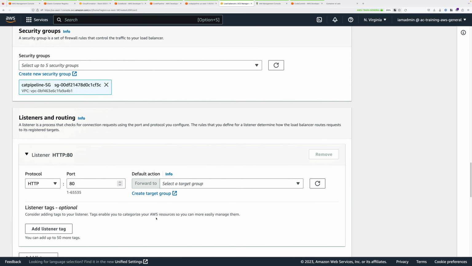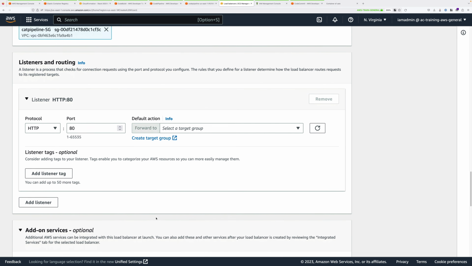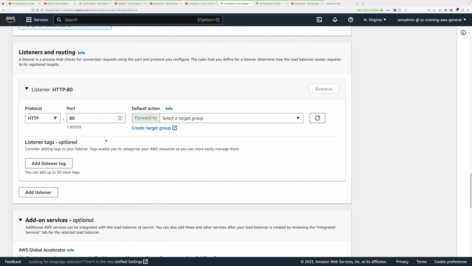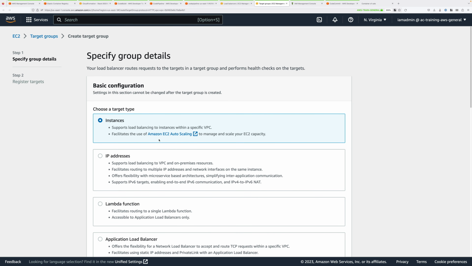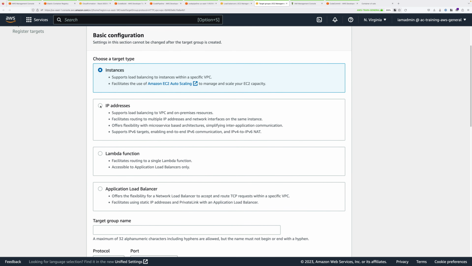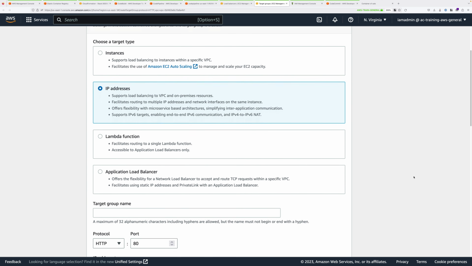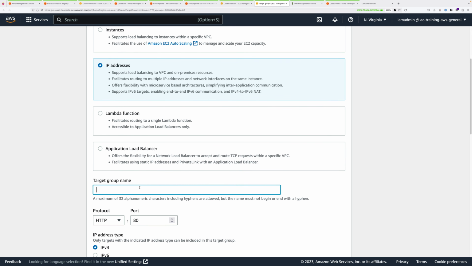Now scroll down and under listeners and routing, go ahead and click on create target group, and again that will open a new tab. Now this target group is going to be pointing at containers running inside ECS Fargate, and so it needs to have a target type of IP addresses. So select that option. For target group name, call it CodePipeline